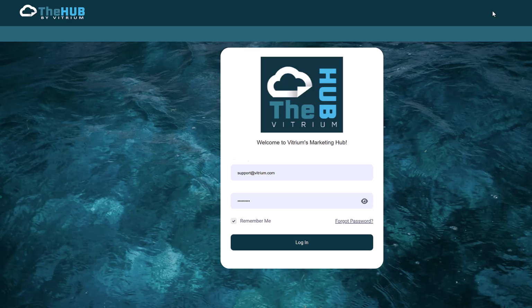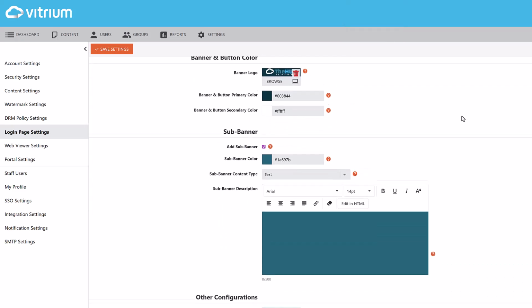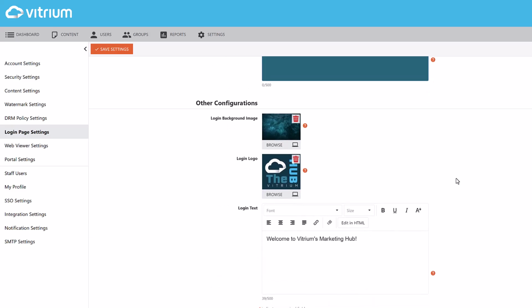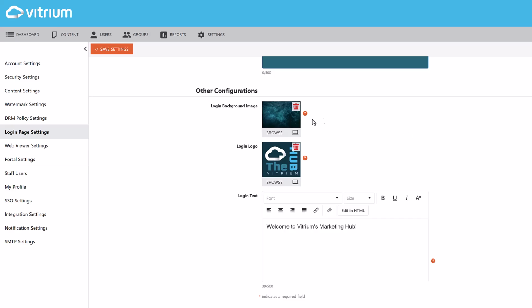of the branding. If you would like to take a look at some of the other options that we've got for this page, you can scroll down here and we can see that we've got our sub-banner here for color, but there is also an option for text. If you would like text to appear in that second sub-banner, this is where you can enter it. You can either use the rich text editor that's present on the page, or you can edit in HTML as well. Scrolling down a little bit further, we will be able to see our other configurations where we've selected our